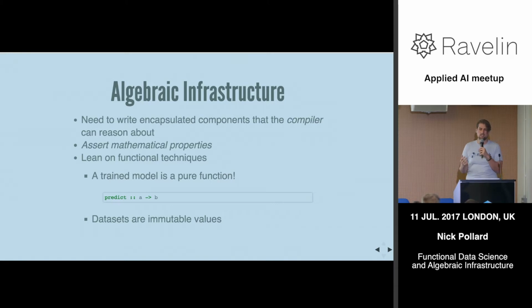We're going to assert some of these similar mathematical properties of this new unit of deployment. Maybe we're talking about a container now, a process or a service, and we want to reason about those in the same way as our individual functions within our functional programming. And if we pull some of the same techniques in, we can start to think about these things in very functional programming terms, but at a larger scale.